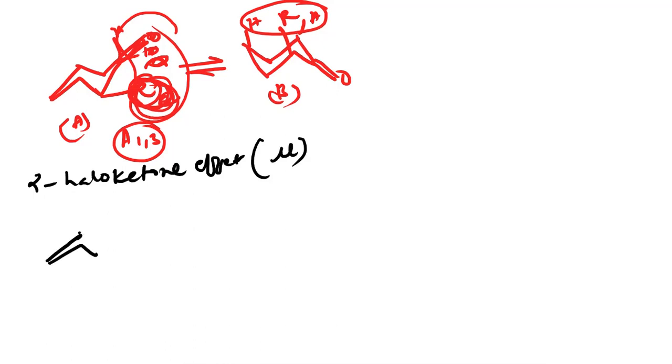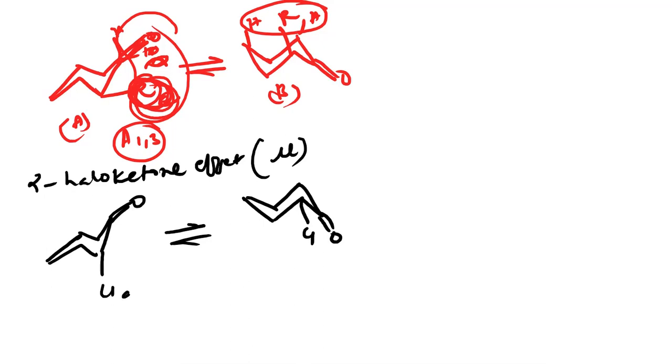In the next case we can see the alpha haloketone effect. So just take it, alpha haloketone effect. Here we need to consider the dipole moments. Now just take the example of cyclohexanone. Here we have chlorine axial, and in another conformation the chlorine is equatorial. In the first case axial, in the second case equatorial. Which one is the most stable? So simply we can go with